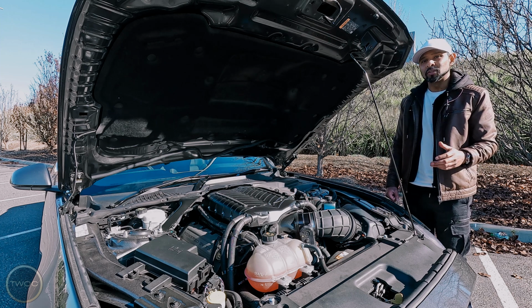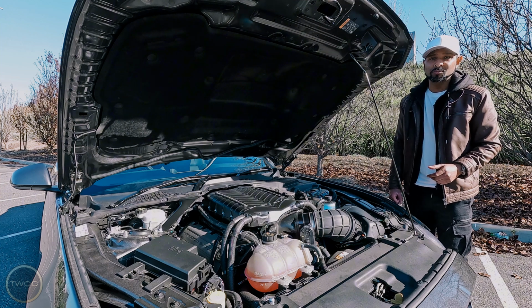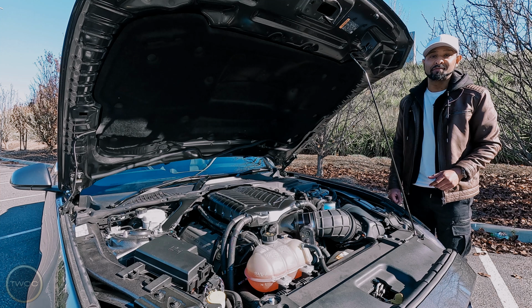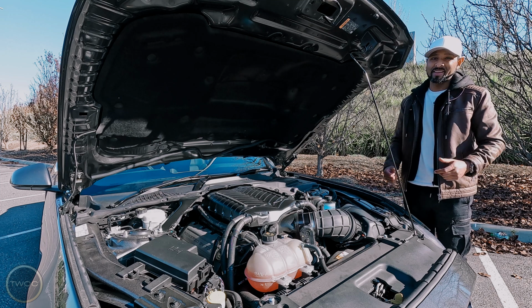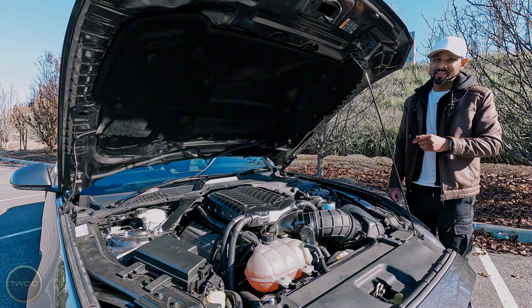With everything under the hood, 800 horsepower is just the start. You can crank these motors up to 1000 horsepower with the factory internal components, but unless you're into setting lap times at the drag strip, 800 horsepower is more than enough for spirited weekend drives or the occasional day at the track. Plus, at 800 horsepower, you reduce the risk of breaking things. And if you're wondering what all of this sounds like at the tail end,